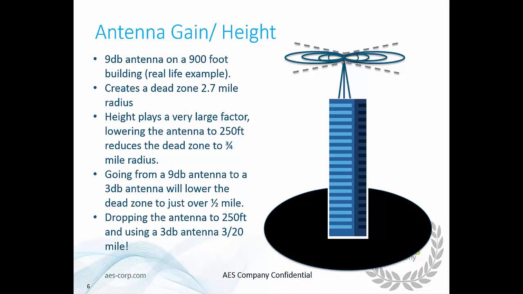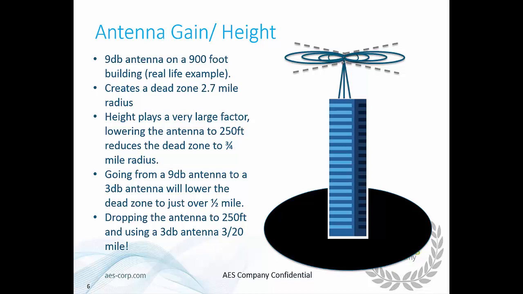Once again, this is a real life example, so we have 9 dB antennas on the top of a 900-foot building, and it will be 2.7 miles before that radio signal will hit the ground. As I said before, height plays a very large factor. If we lowered the antenna from 900 feet to 250 feet, that will reduce the dead zone to 3/4 of